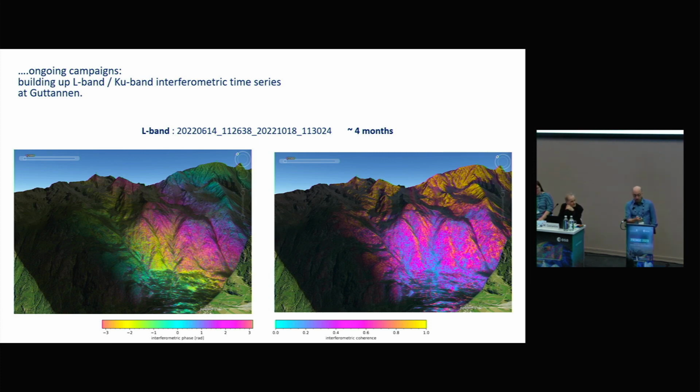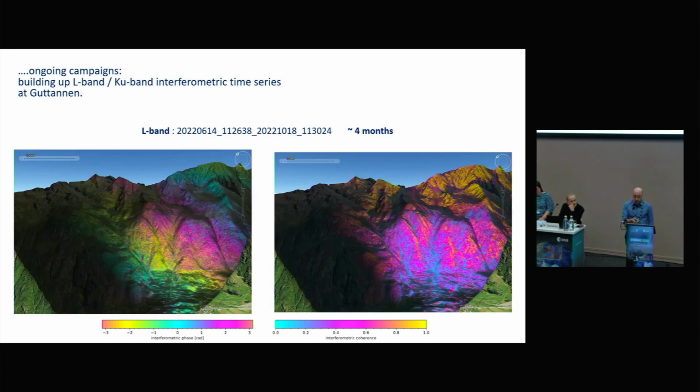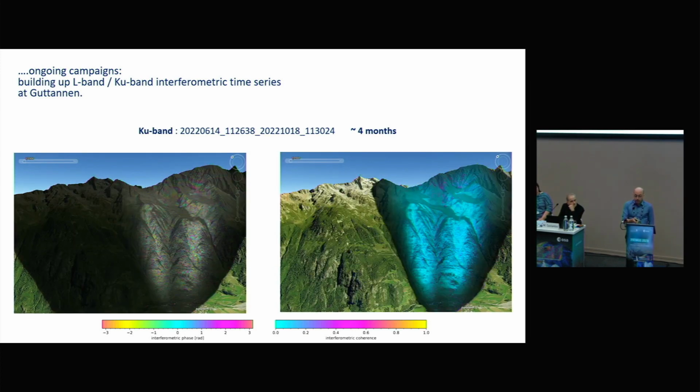Okay. So this is the Ku band case, and I switch back and forth again here. You can see that 4 months in this case gives very low coherence, of course, for Ku band in the vegetated area. There's still some phase patterns that you can retrieve in the upper parts of the rocky areas, but the coherence is also pretty low there. This is partially due to different conditions, because one of them is in June and the other one is in October, so there's a good chance there had been some snowfall in between already, so there's also a natural cause for that.